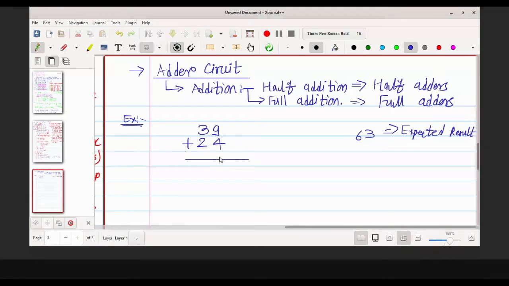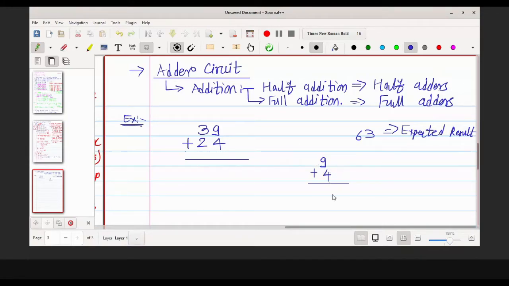Okay, so how is this addition happening? Look at it. When I want to do this addition, 9 plus 4, how many numbers am I adding? I am adding just 9 and 4. And remember, in any addition, at a given time you are just adding two numbers. You cannot add three numbers in the addition. Please pay attention to what I am saying. At any given time instance, you can add only two numbers. That is the rule of addition.